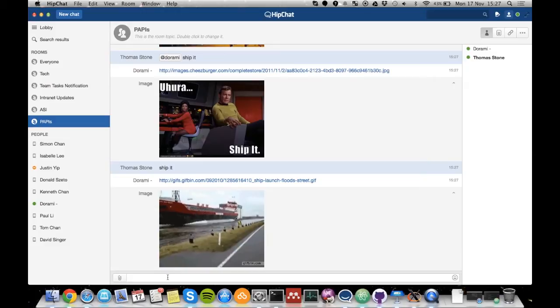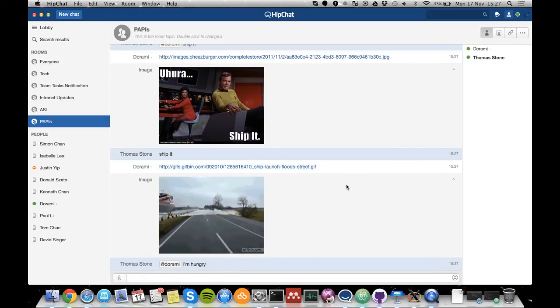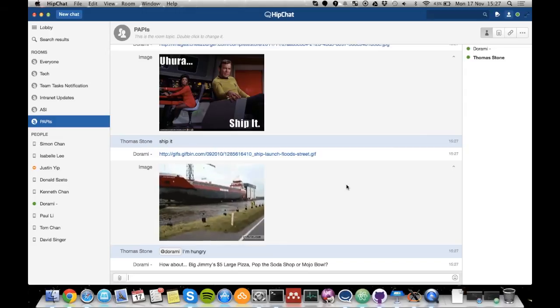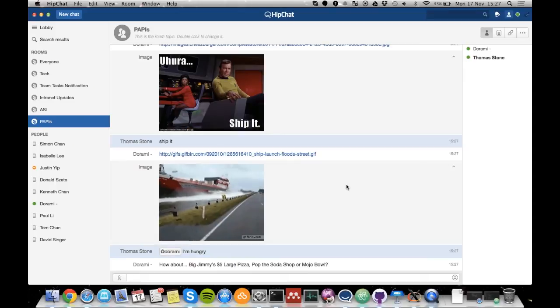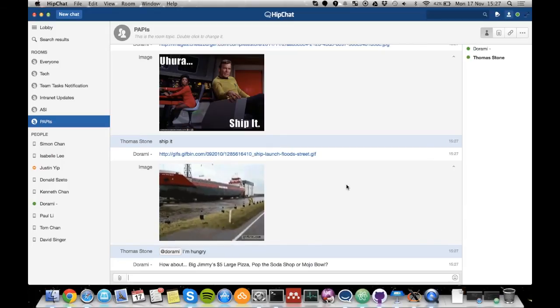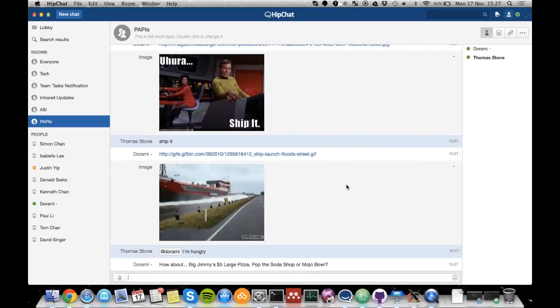And then hopefully the script I wrote, if we tell Durami that I'm hungry, it's now pulling back the request from PredictionIO, so you can see you've got the same output that we had when I was querying the server directly. It's pulled in the recommendations and passed the JSON and showed it in our chat room. So this is nice.